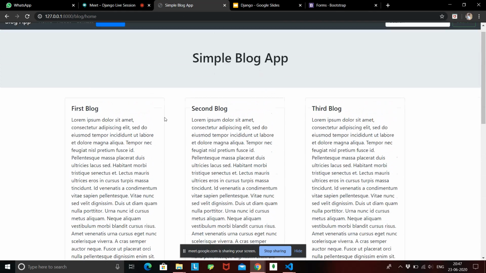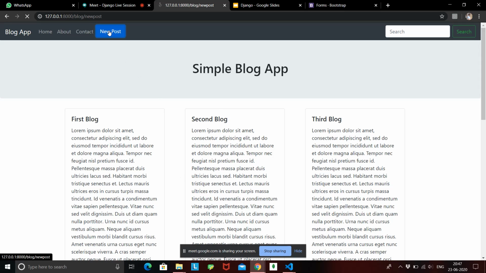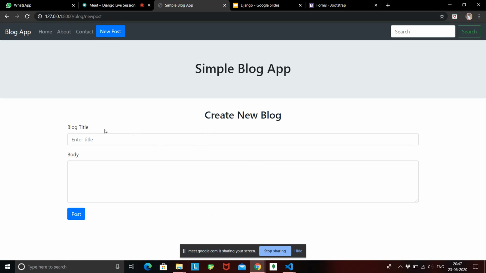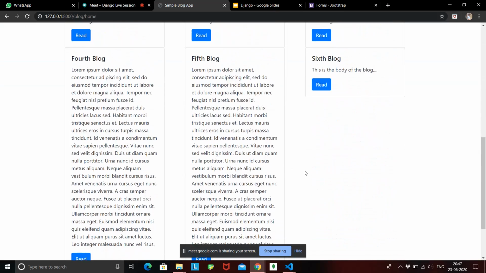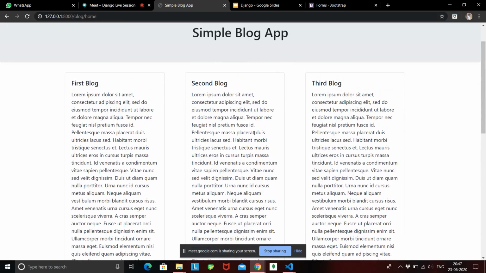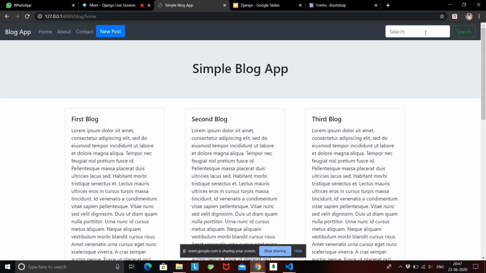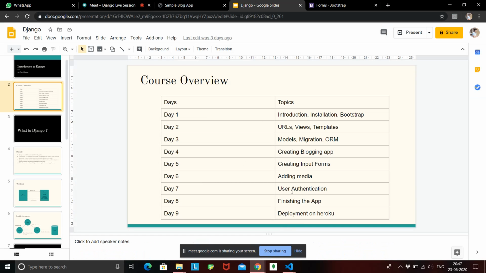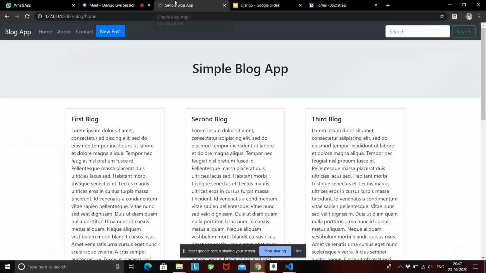In yesterday's lecture we created this front page, and in today's lecture we have created this form. So this is basically how a blogging website is, right? You can give it your blog and post it, and it will be shown inside this front page. Some additional changes that we need to do: we need to make this search functional, then we need to add some images, and then in user authentication, that is day after tomorrow's lecture, we'll see how a user can log in and then post. We'll do that in tomorrow's and day after tomorrow's lecture, and then our blog app will be completely ready.